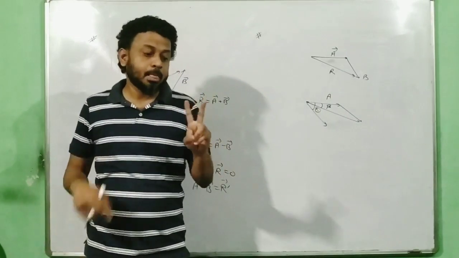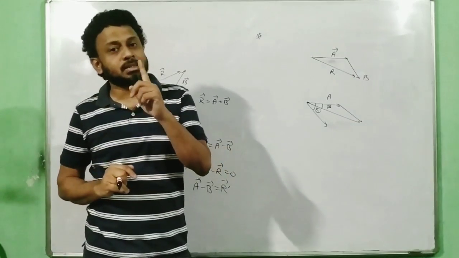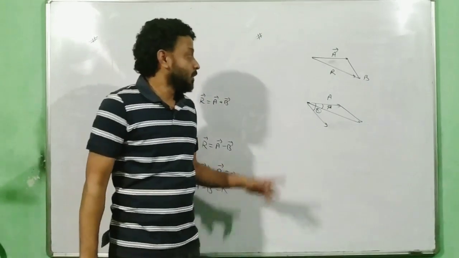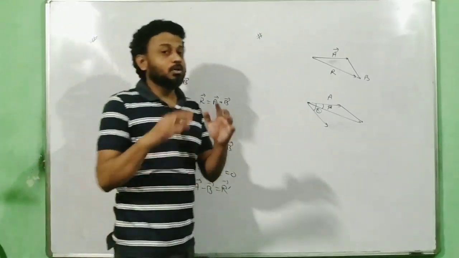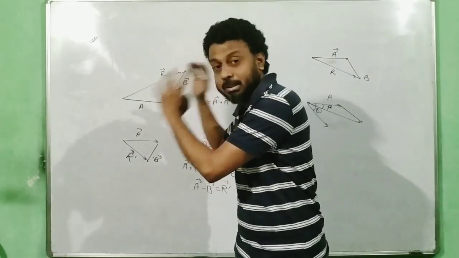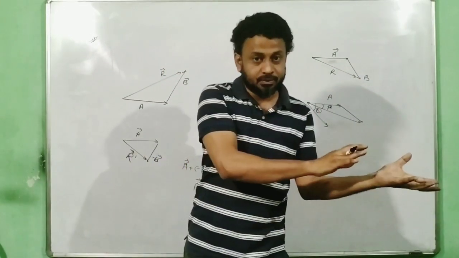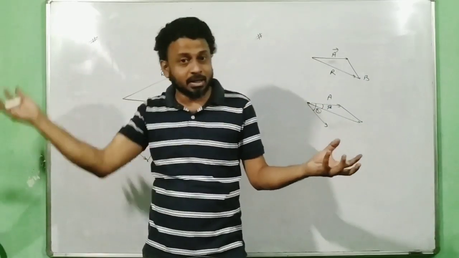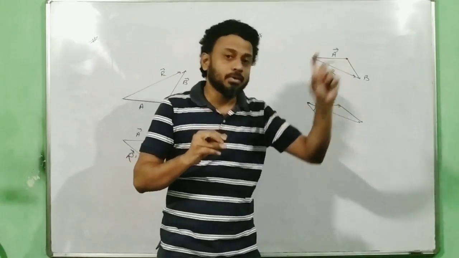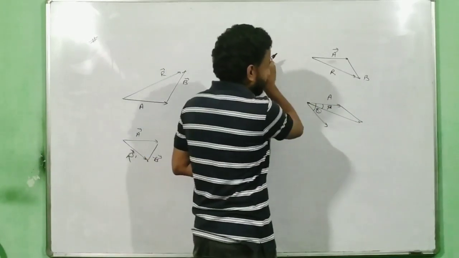Okay. So remember, when you say I want to know the angle between two vectors, the angle between two vectors is defined by the angle between the two vectors when the tail meets each other. Again I am repeating, what we draw in a vector addition diagram is a totally different thing. It's a new concept over here, but how this thing happens actually on a body, that is totally different. The way we relate it is where we use this concept of the vector addition law. Head-tail method, you can shift a vector in space so that you can arrange them in head-tail method. So keep this also in mind.